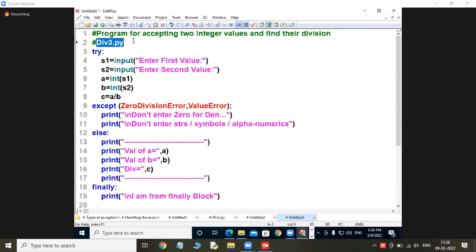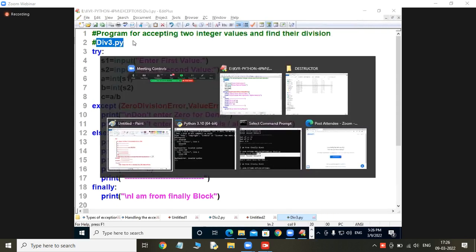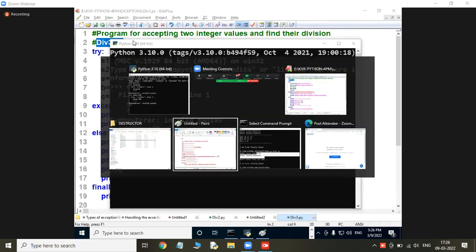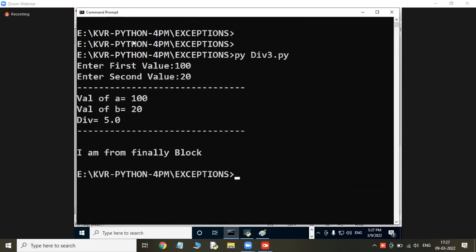Execute this program div3.py. See students, go to this place. py div3. Enter the value 100 and then 20. No exception, so no except block; it is giving the else block and the finally block. Beautiful.